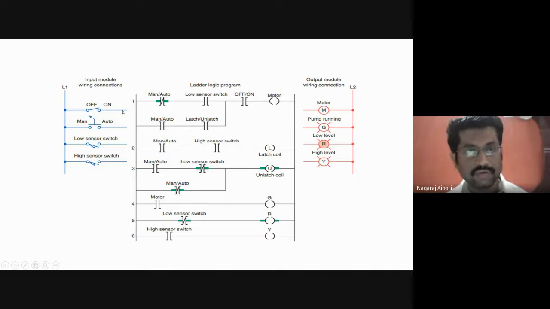Suppose the on-off switch is in the open state, then this will get deactivated. The normally closed switch will get deactivated because it is examining if closed. If it is open here, that means there is no power supply to the motor, right? And hence the motor will be in the off state until the on-off switch is brought to its on state. Correct.